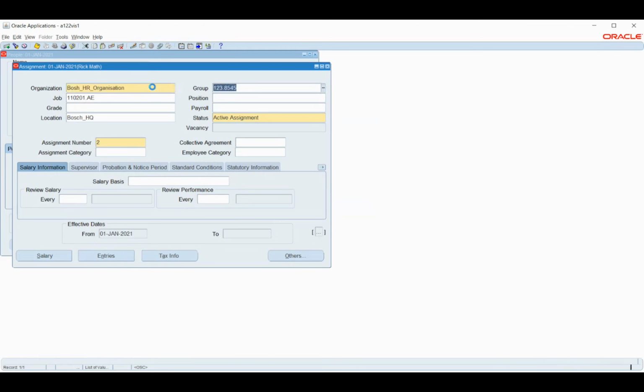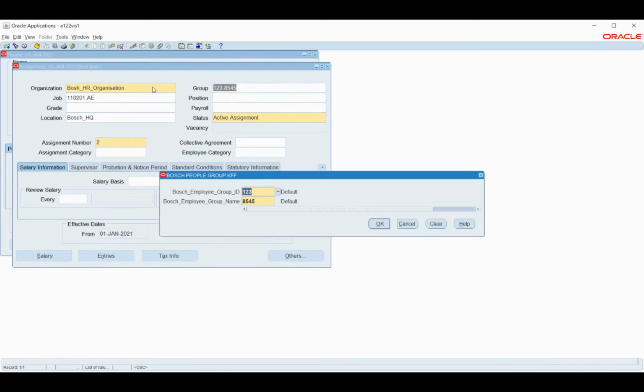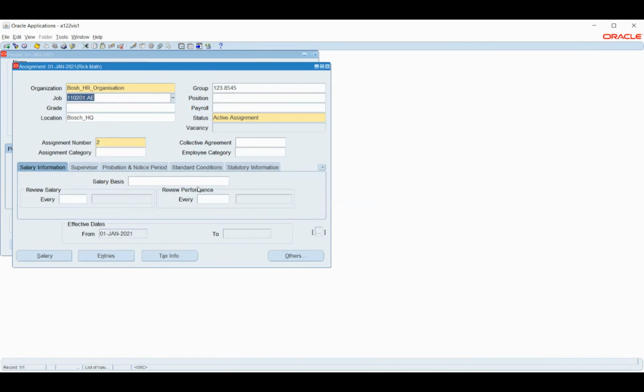Sir, another doubt. Yeah, tell me. Sir, is people group essential for running a payroll? For running a payroll, the necessary items are firstly payroll and job and position. People group is captured as a part of payroll processing.